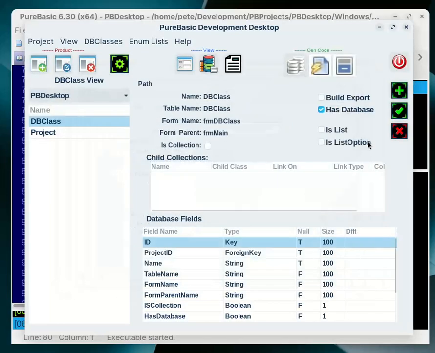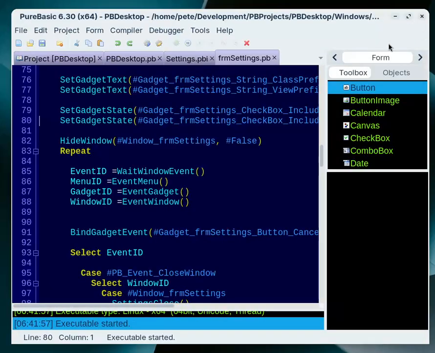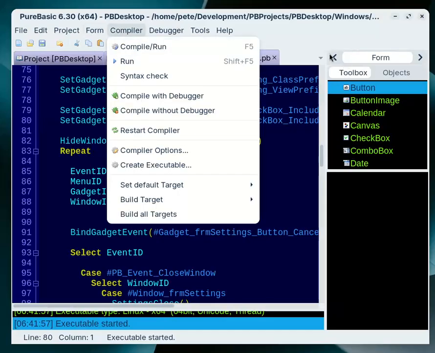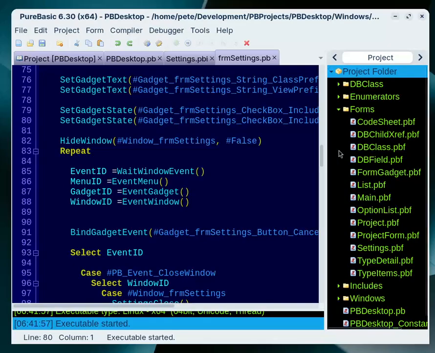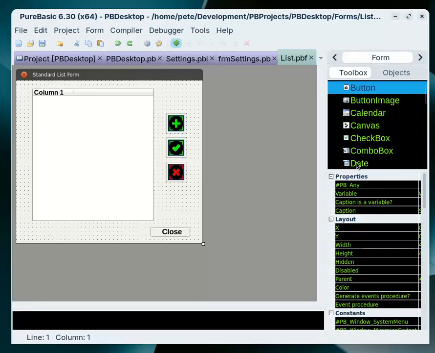And I was thinking on this last night. If I come back over to the code, I don't want to go to forms there. Duh. I want to go to forms here. And let's go ahead and bring up a list form. List form is